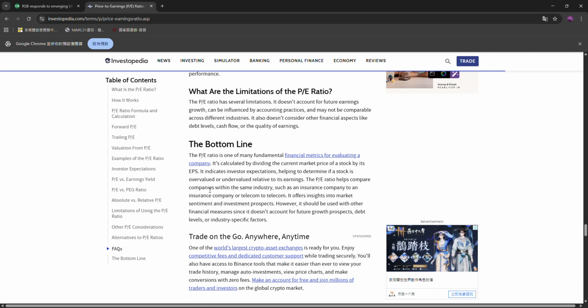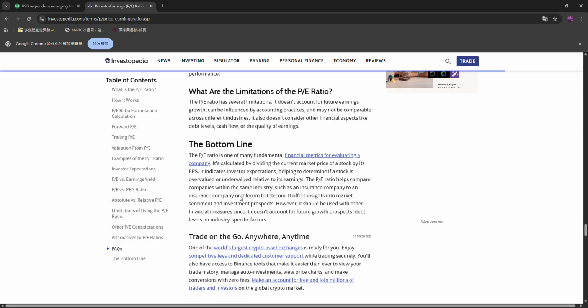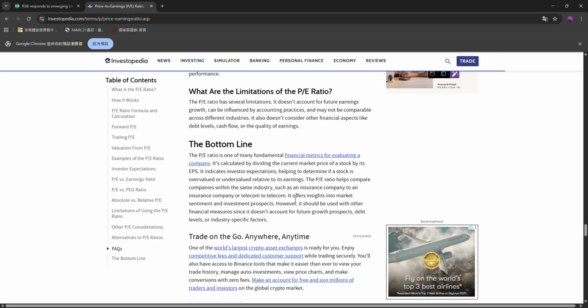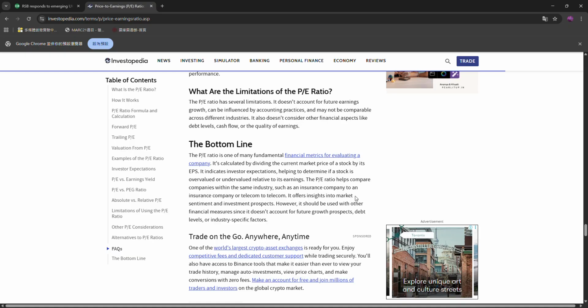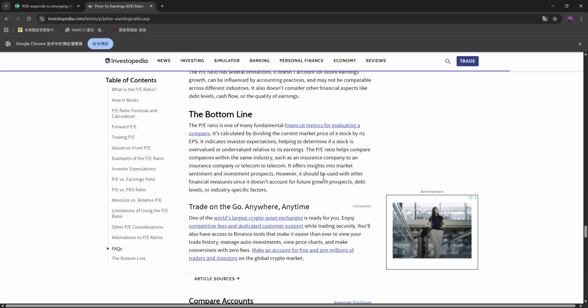The PE ratio helps compare companies within the same industry, such as an insurance company to an insurance company or telecom to telecom. It offers insights into market sentiment and investment prospects. However, it should be used with other financial measures since it does